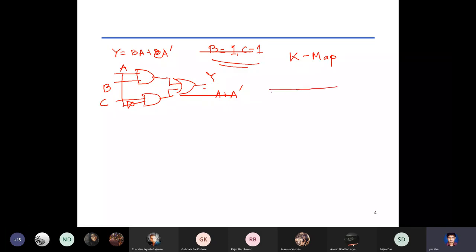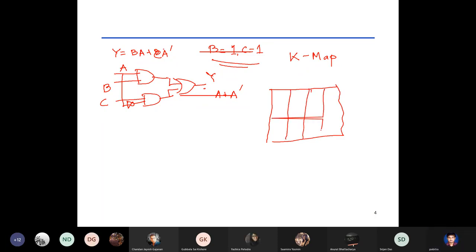All you need to do is the following. Suppose you have your Karnaugh map and you have some minterms. Let's say these are the 3 minterms. What we will do is just check if in the Karnaugh map there are 2 adjacent minterms,